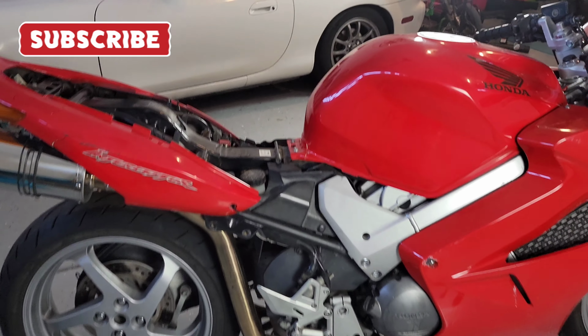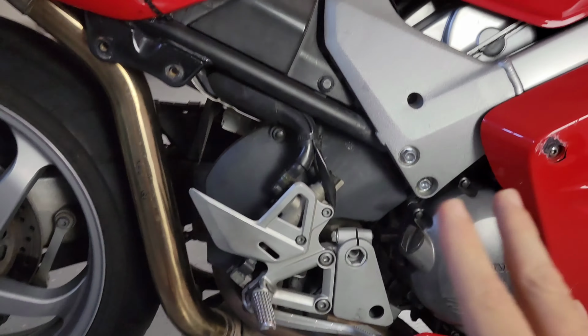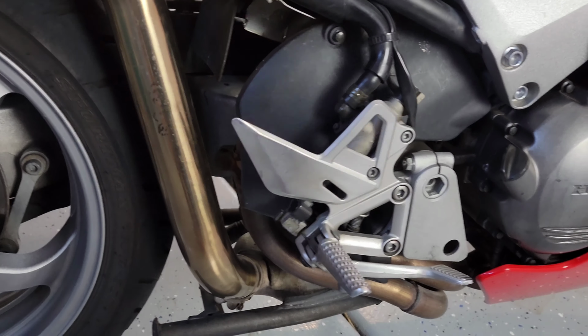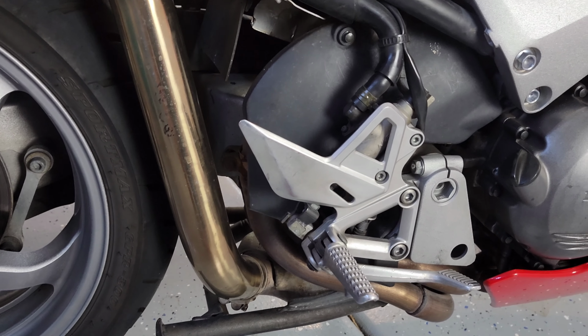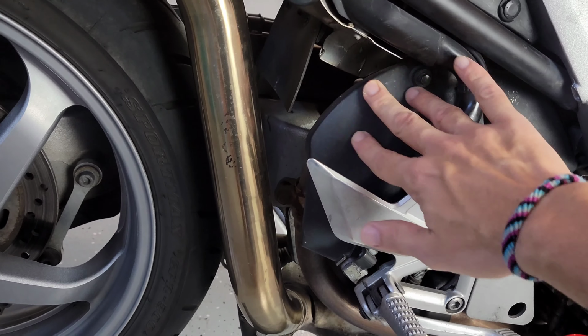Guys, today I want to work again on the VFR800. Despite those areas that I know are in dire need of attention, and I know we need to fix those things, I want to focus on some areas that you might not be paying a lot of attention to on your bike. For example, in this particular VFR800, these areas, like the protective shield, protecting